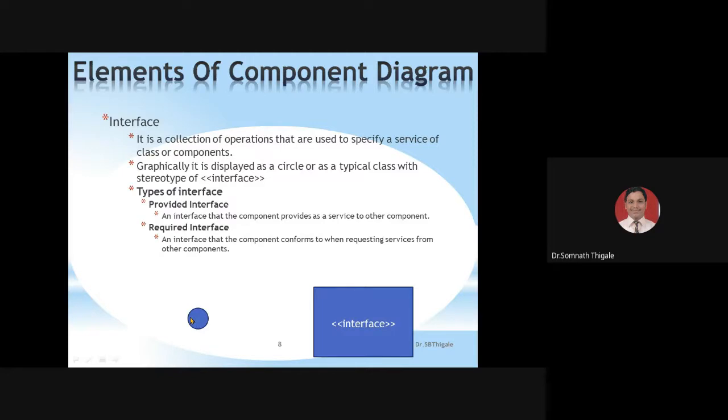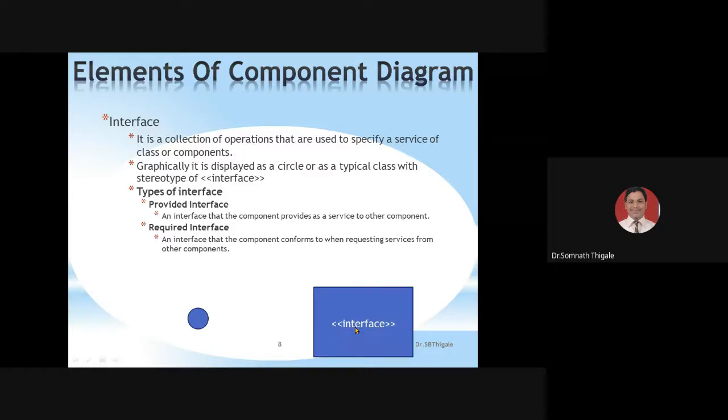But suppose I forget how to represent the interface, but I know how to represent the class. So I use a simple rectangle, and inside the rectangle I use these marks and write that though this is a class notation, I will use it for the interface, and it is allowed in UML. Such types of notations we call stereotype notations.